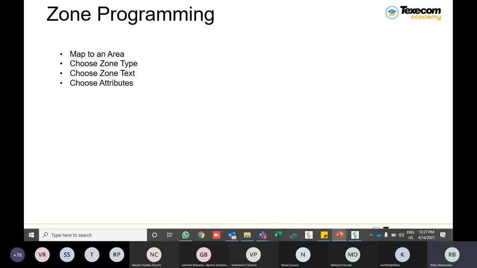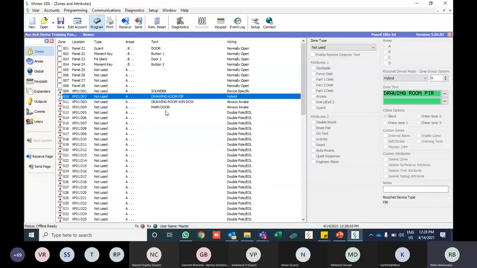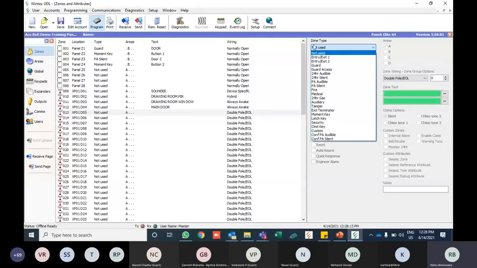Panic button remains active 24/7 because it's an emergency situation. So that's why we need to configure that zone in that way. Now, how to do that configuration? Let's say I have zone number 13. So here I need to set the zone type. So for the panic button,